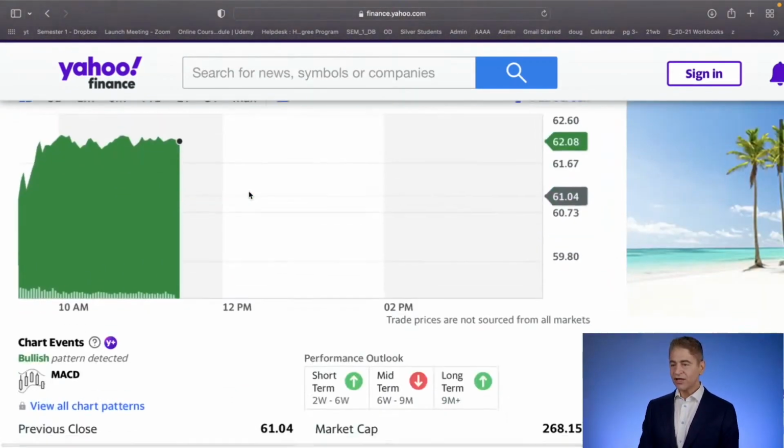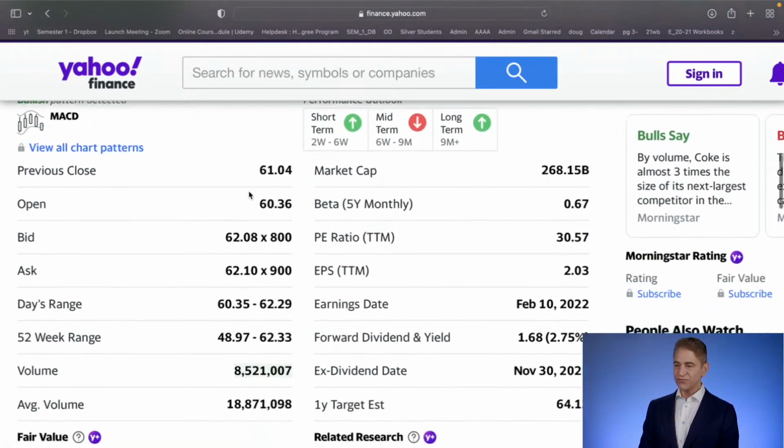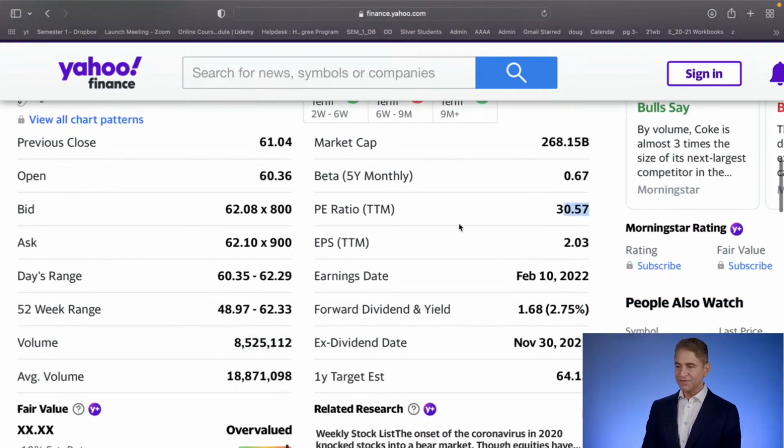Okay, so Coca-Cola has a price earnings ratio of 30 times. And I'll explain what this means. Whenever you see a fraction, I don't want you to ever think of anything except the number 1 on the denominator. And here's why. Price to earnings means price divided by earnings. So if Coca-Cola has a price earnings ratio of 30 times, that means for every $1 in earnings, investors are willing to pay $30 for that $1 in earnings.